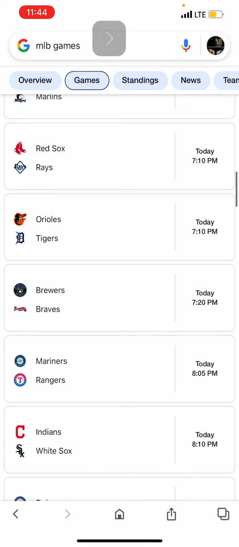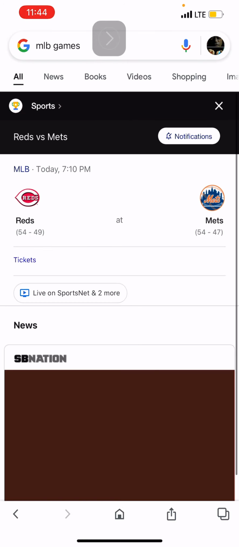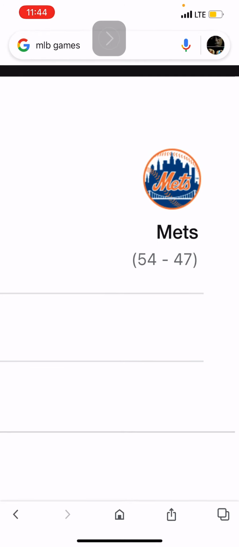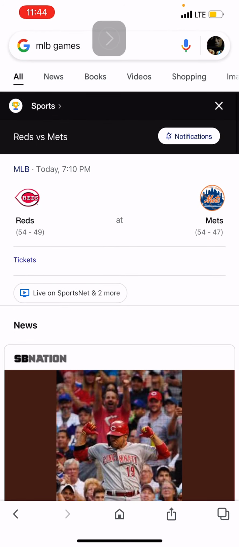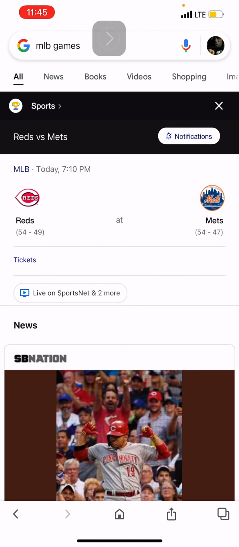So, where's the Mets? Reds versus Mets. Again, the Mets could pick up their 55th win, staying at 47. I mean, obviously, a lot of people will argue Reds is the better team and the Reds will win, but,